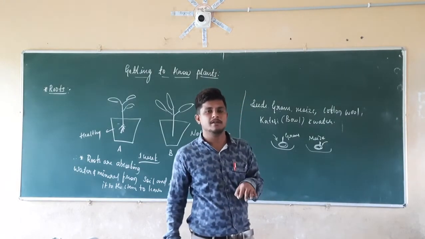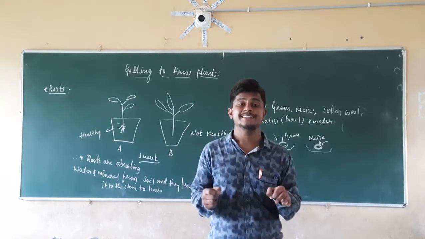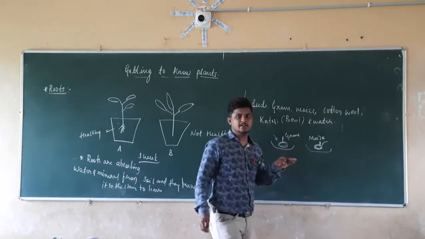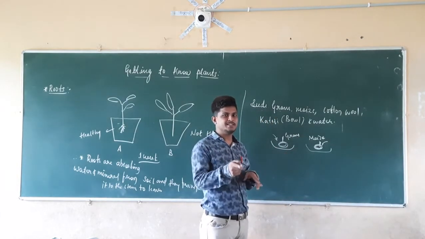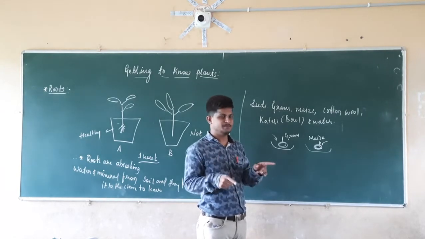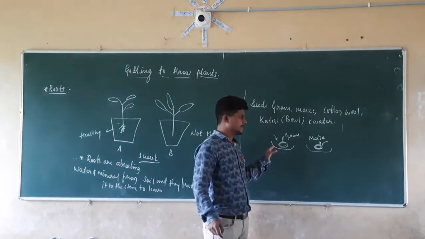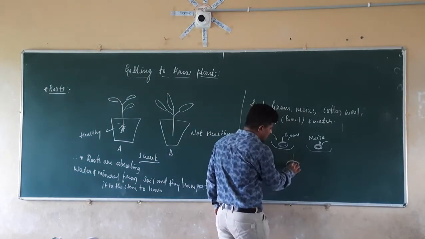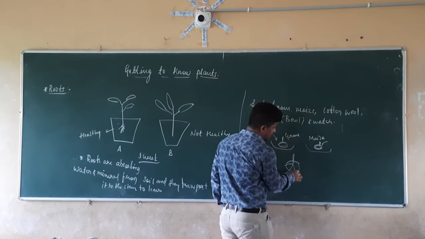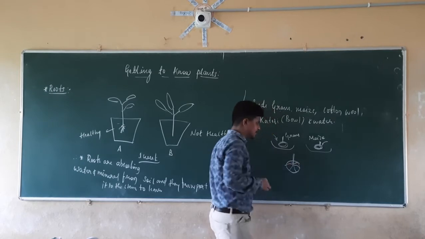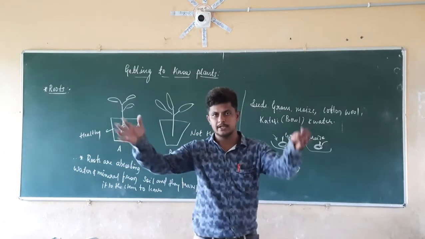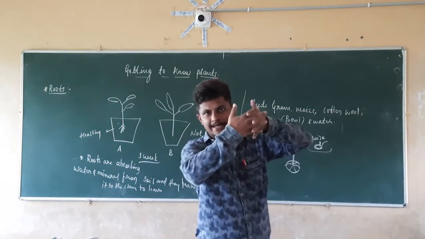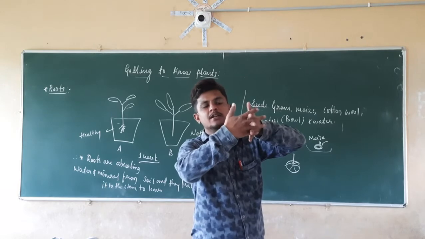Why is it not possible to remove the cotton wool easily here? Because when they sprouted, whatever roots are present are elongated in such a way that they get into the spaces between the cotton wool. So if you take the cotton wool like this, the roots of these are going to go in this direction, in this direction, in this direction. So this is the wool and these are the roots. Roots are going to get inside the wool and they are becoming stronger.